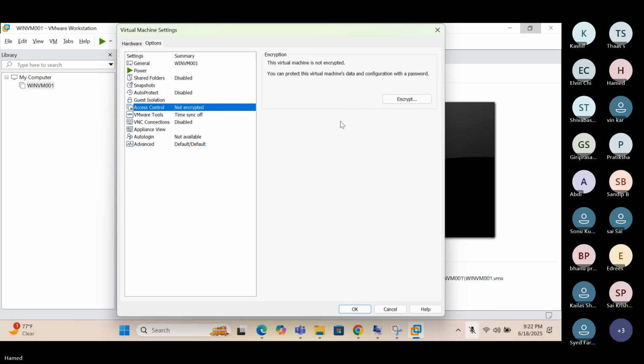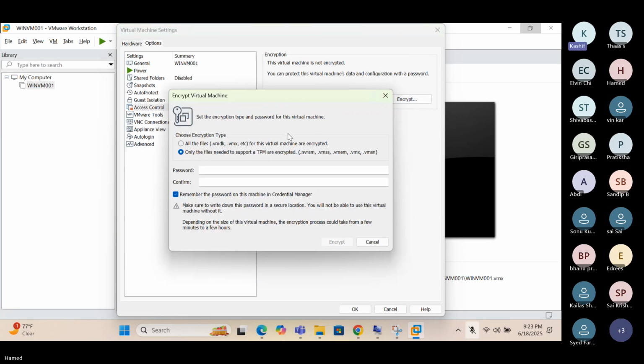Basically, we will see how to do the encryption of the computer, BitLocker encryption. In production environment, what we do, we encrypt the hard disk of our laptops. Let's say we have thousands and thousands of laptops. So we encrypt the hard disk of those laptops so that it will be secured. So in the virtual machine, we are going to encrypt so that you will see how this is done in the production environment as well. So let's click on encrypt